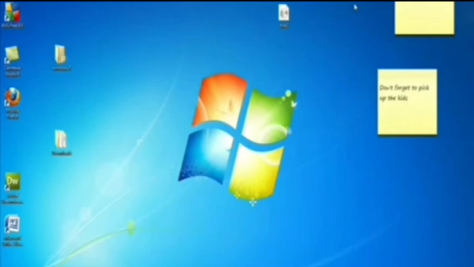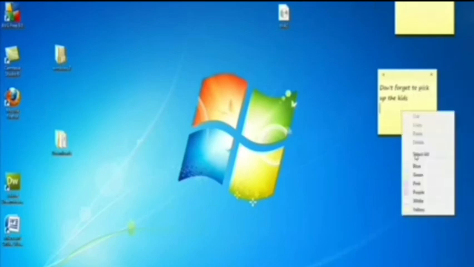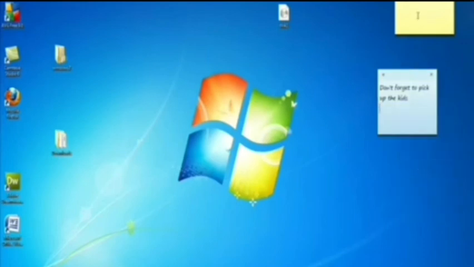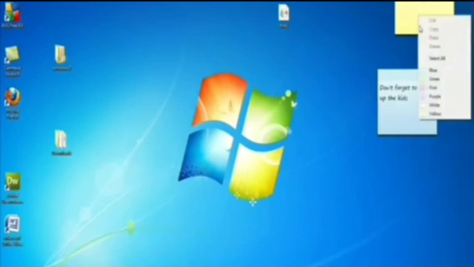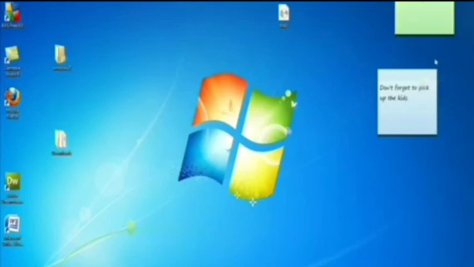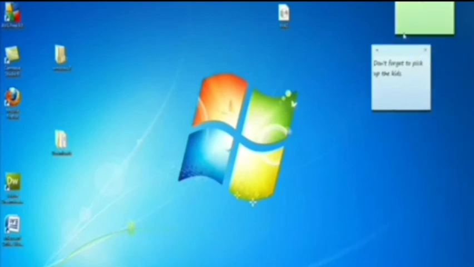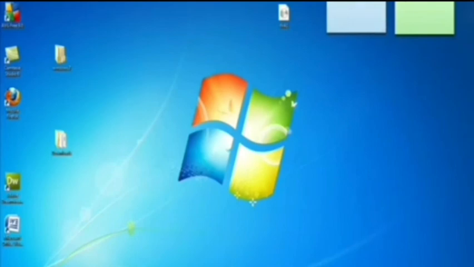So I'm going to tell you the steps to open a sticky note on your desktop. First you have to go to the start menu, then you will find an Accessories option. After you get it, you have to turn on the sticky note option.